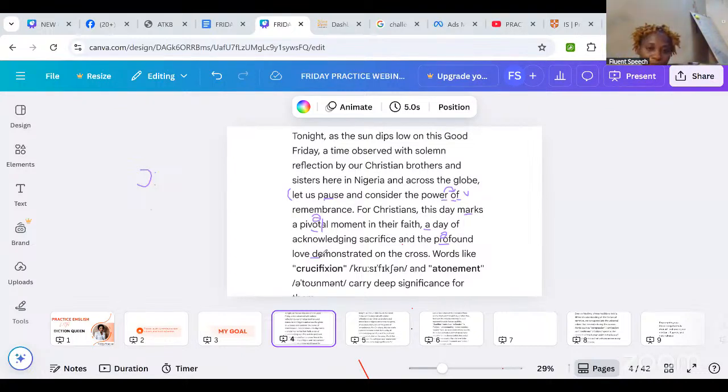Demonstrate, then the ED here sounds aid. Demonstrated, not TED. Demonstrated on the cross. So stop here. We'll practice together and then we'll end the session and allow those in the academy to fully